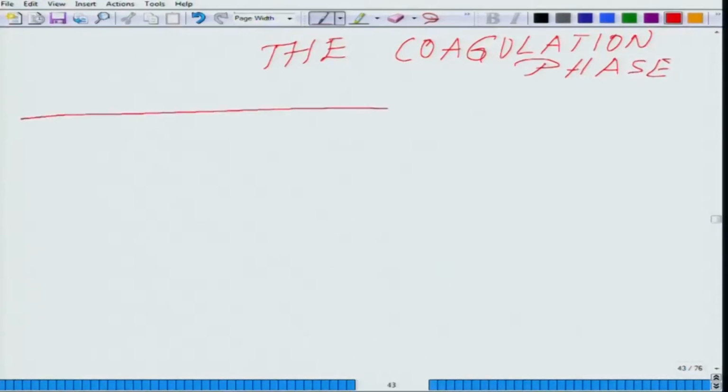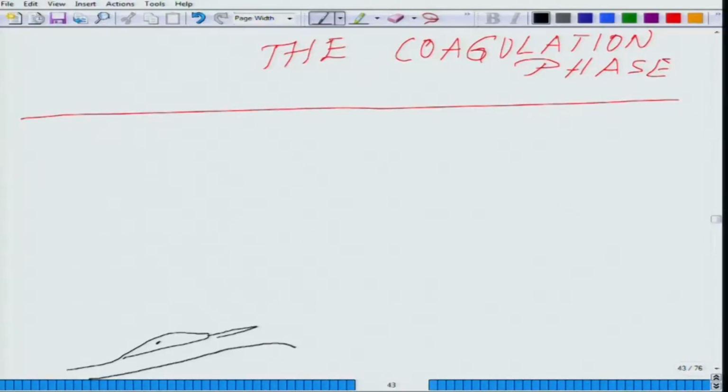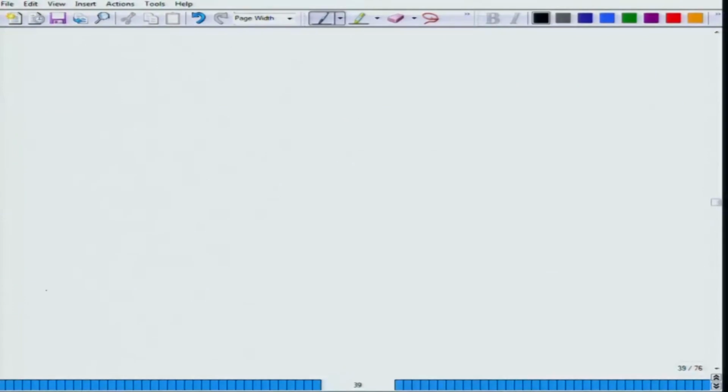In the coagulation phase, this is what essentially happens. I will again redraw what I was drawing in the last diagram while I was drawing the injury site. That will help you to understand it much better. These are the different cells which are forming the basement cells if you follow the previous diagram. Let me redraw it, sorry for this mix up. Okay, fine. So, here is the basement layer,